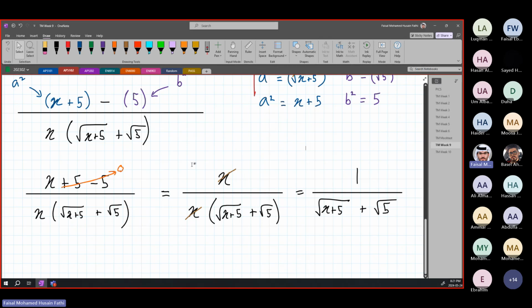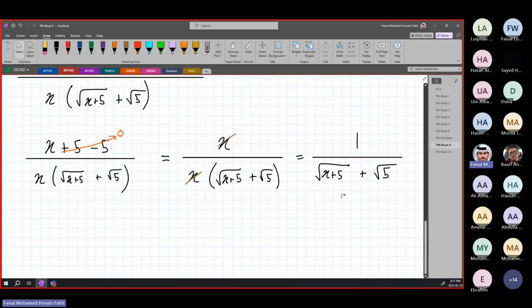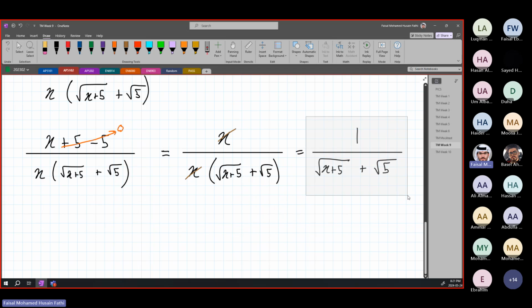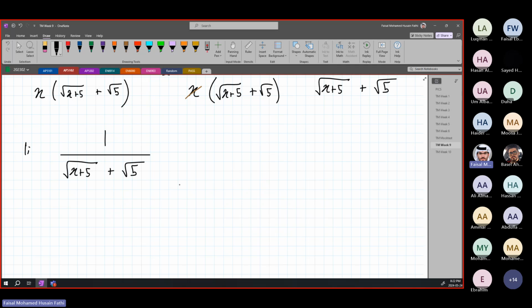And then remember, this isn't what we are trying to find. This isn't our final answer. The question was to find the limit as x approaches 0 of this function. So we simplified this function to this form, and now we can apply the limit to it without getting 0 in the denominator. So the limit as x approaches 0 of this is going to be equal to 1 over, if we now put the 0 in place of the x, it becomes the square root of 0 plus 5 plus the square root of 5,